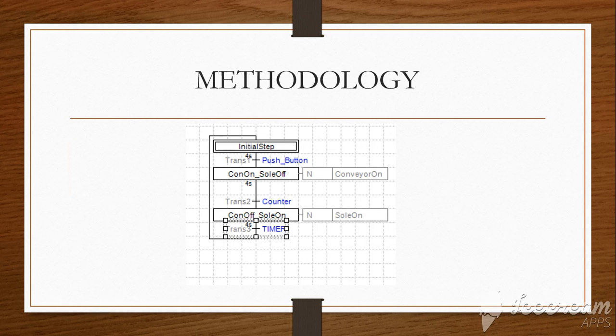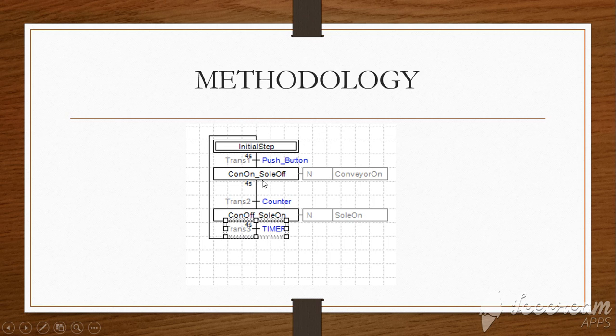And this is our methodology. For the methodology, this is the graph set we made. We have an initial step, and then you wait for the transition. When the push button is pushed, the conveyor belt will turn on. The conveyor will start moving, and the solenoid will be off until the counter counts to 5. The conveyor belt will be off, and the solenoid will be on for 2 seconds. The transition time is 2 seconds, and then it will repeat